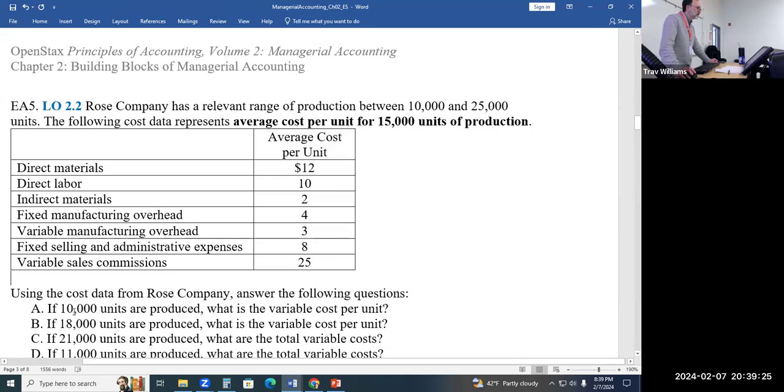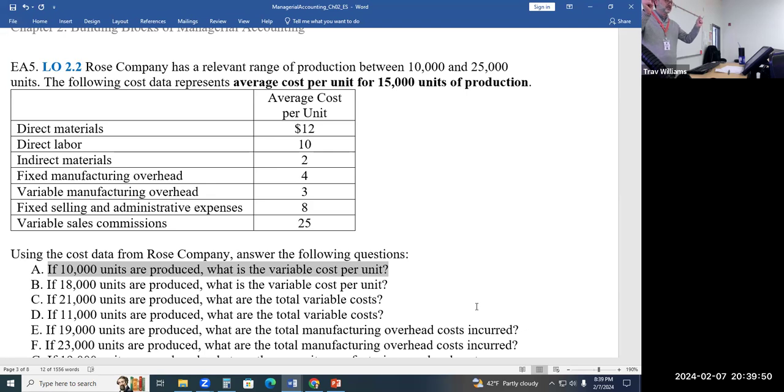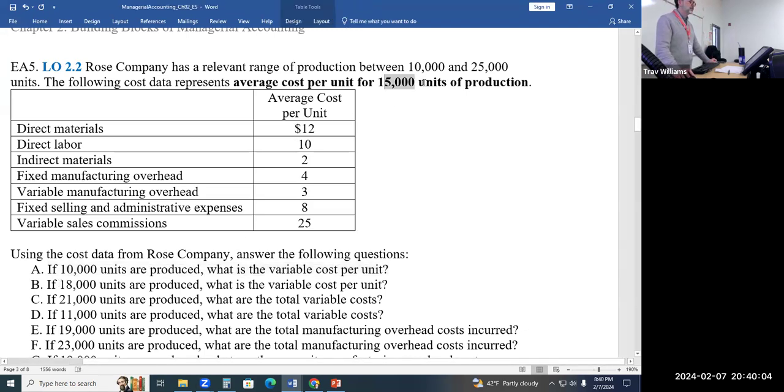The first thing we have to do here for A is figure out if we produce 10,000 units, what is the variable cost per unit? So let me ask you, does the variable cost per unit change based on production? The variable cost per unit? No, it stays the same, right? The total variable cost changes, but the variable cost per unit stays the same. So they're just trying to throw us off by saying 10,000 units are produced. It doesn't matter. Our variable cost per unit will be the same as it was up here with 15,000 units